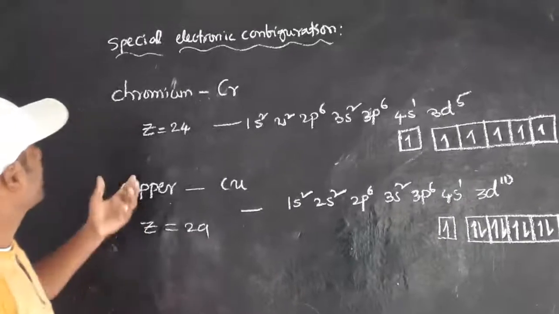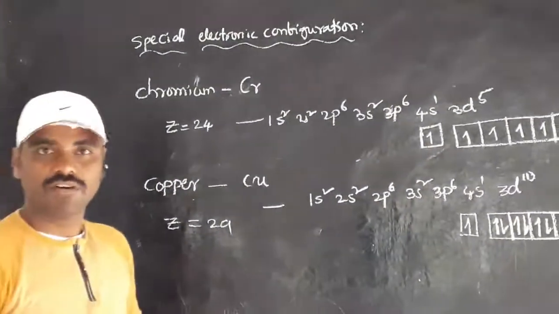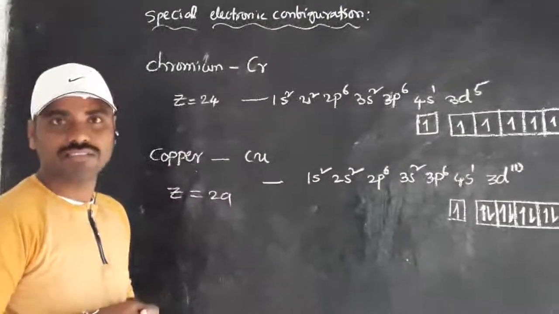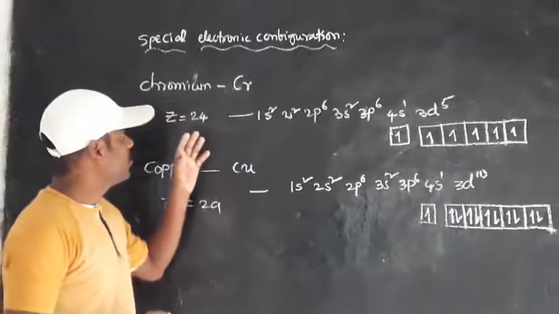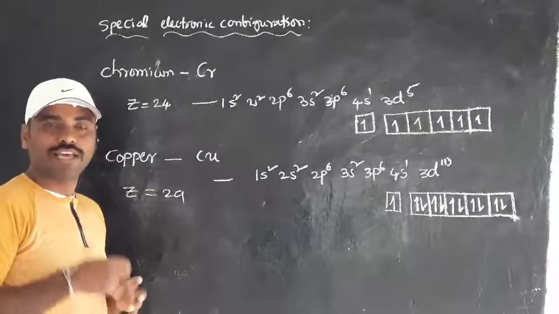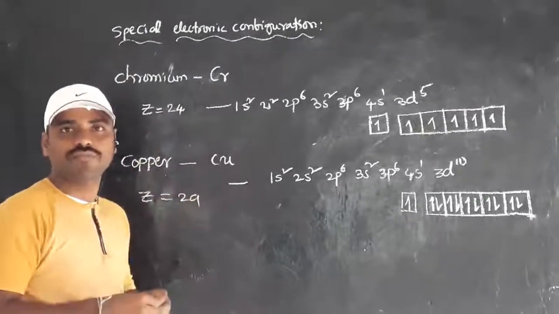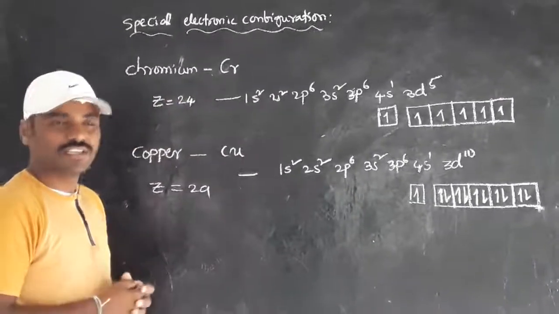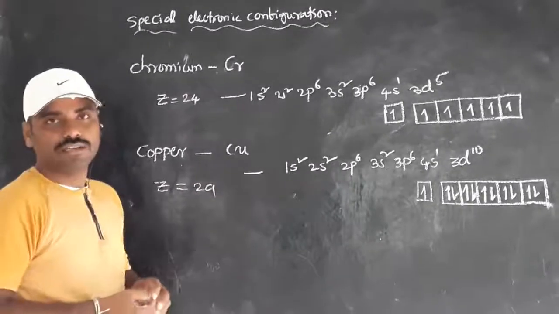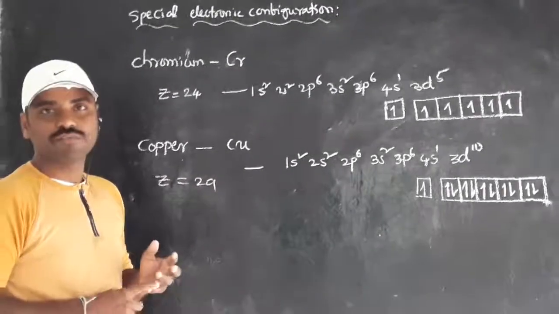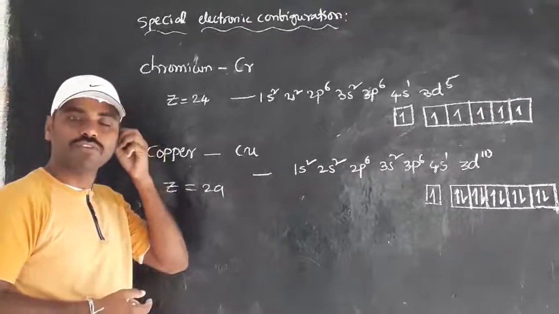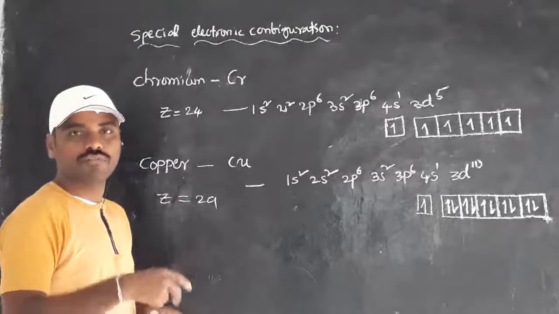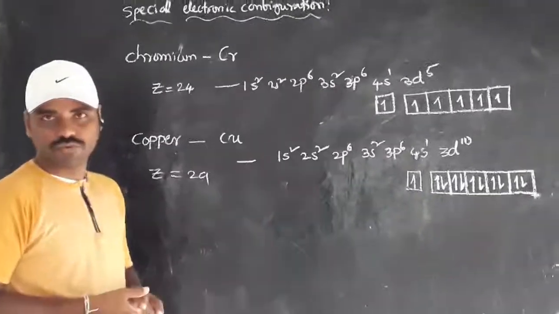So here we have a different concept in electronic configuration. Already we discussed in the starting classes that, according to the Aufbau principle, electrons join from the lowest energy orbitals to increasing energy orbitals, right? In that we use the Aufbau principle, and in degenerate orbitals we use Hund's principle, along with one more, Pauli's exclusion principle, right?